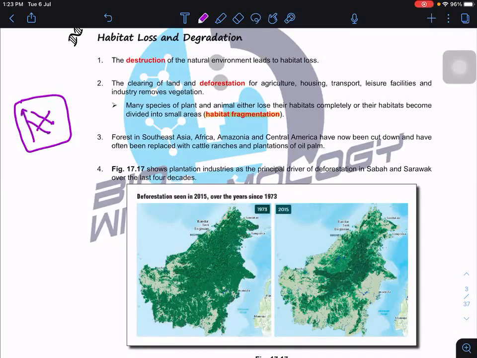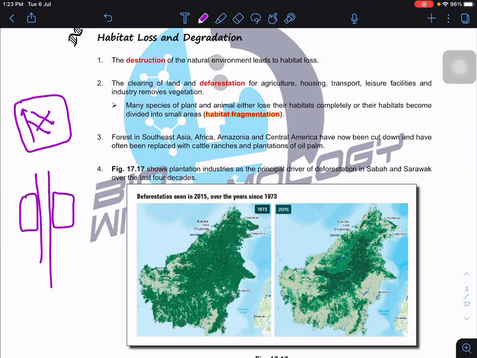When they are free to move, it is easier for them to find a mate. Second, there is a constant gene flow, so it can maintain the biodiversity, maintain what? Genetic diversity. But if the area is fragmented already, let's say we build a route across the jungle and there is